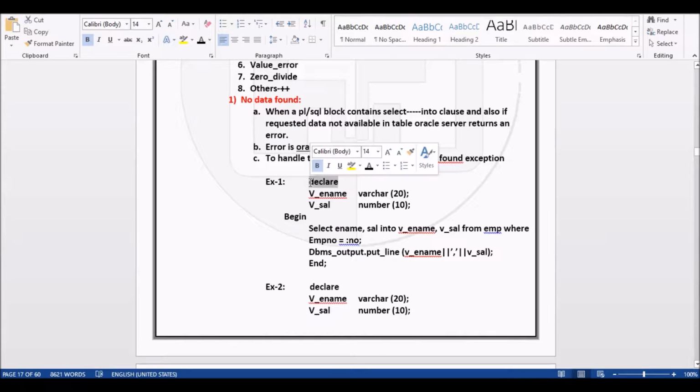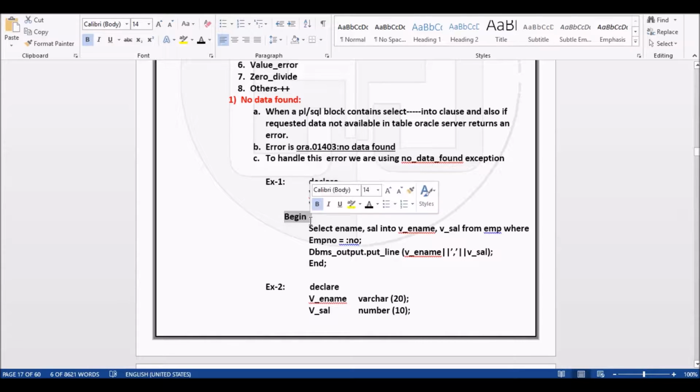We declare some variables, begin the executable section, and write select ename, sal into vname, vsal from emp where empno equals some number. Then DBMS_OUTPUT prints that data, and we end.